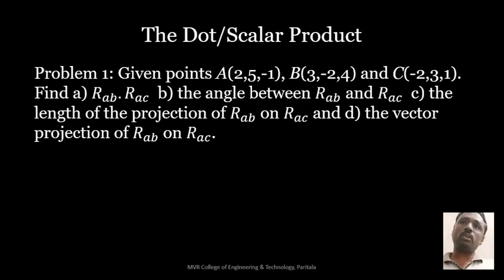By using the dot product definition, we have RAB components as well as RAC components. By multiplying the X components, Y components and Z components, and then adding all those components, that will give us RAB dot RAC. Likewise,